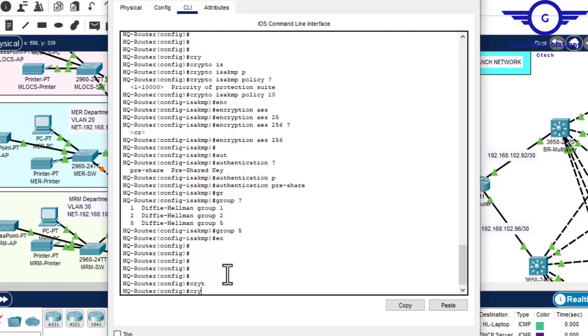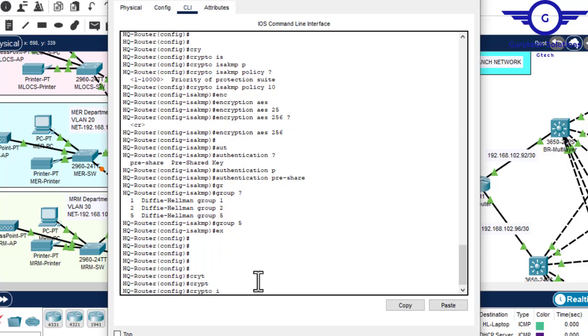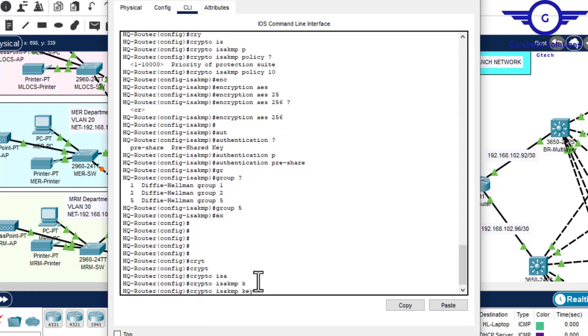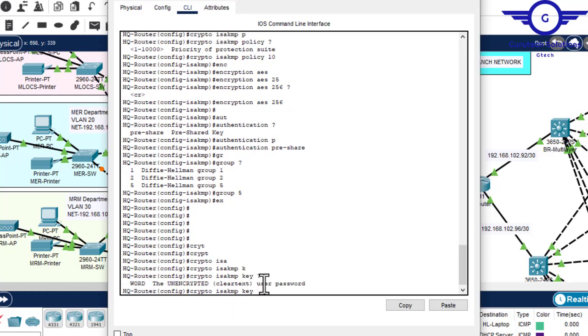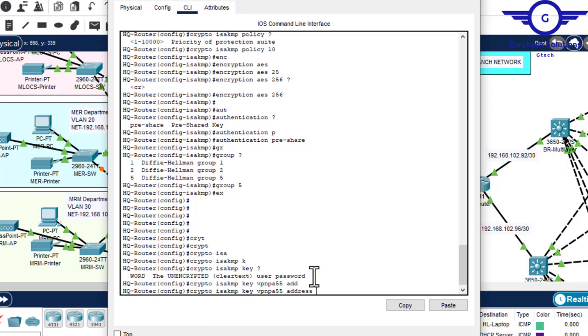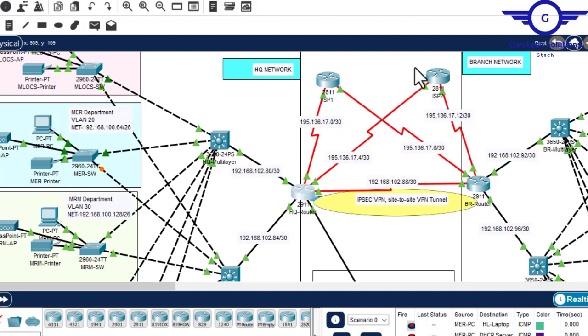Now we match it to the peer IP address, which is crypto. We say command crypto ISAKMP key. Let's use the password of the key should be, let's just say VPN 55. You can use anything. I've just guessed that one. Then address should be the IP address of the next router, the router that we're going to configure